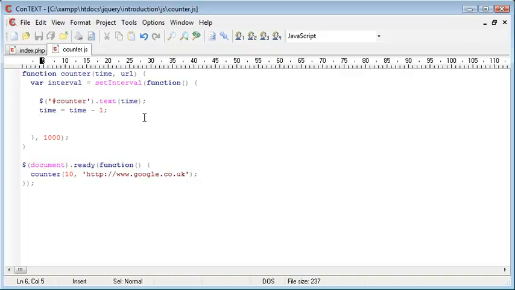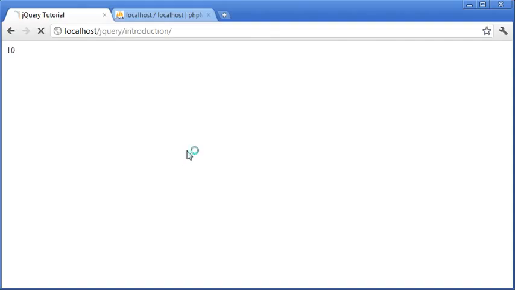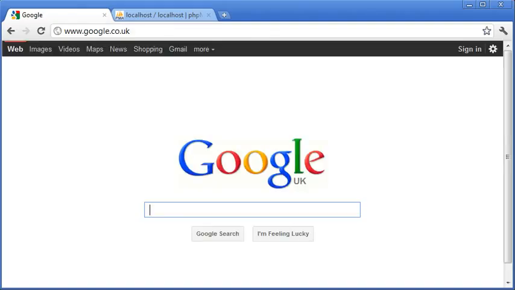So we can do a demonstration of this. If we were just to set the window location equals URL, again we're picking up this variable from here and placing it here. So after 10 seconds we're redirecting to this URL here. Let's check this out and you'll see what I mean. Okay, so